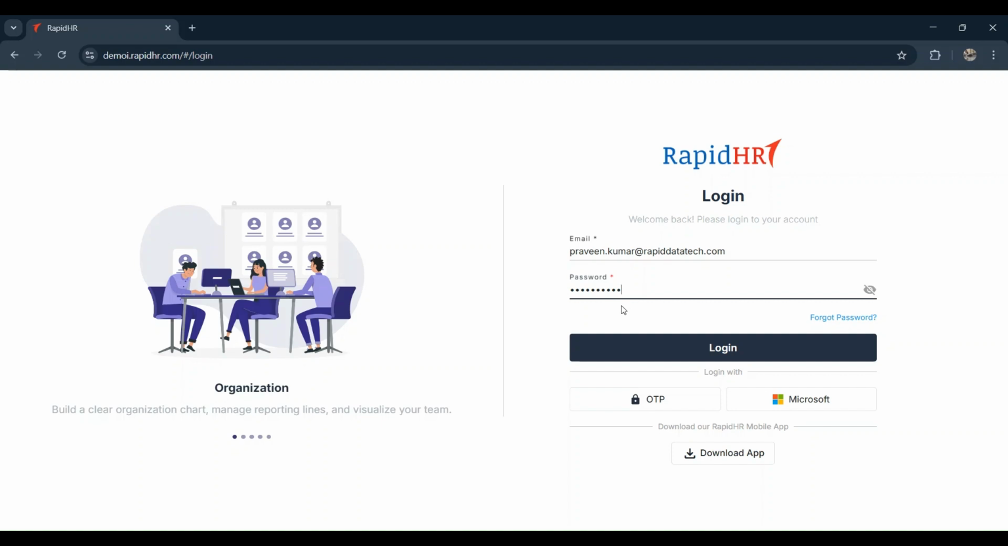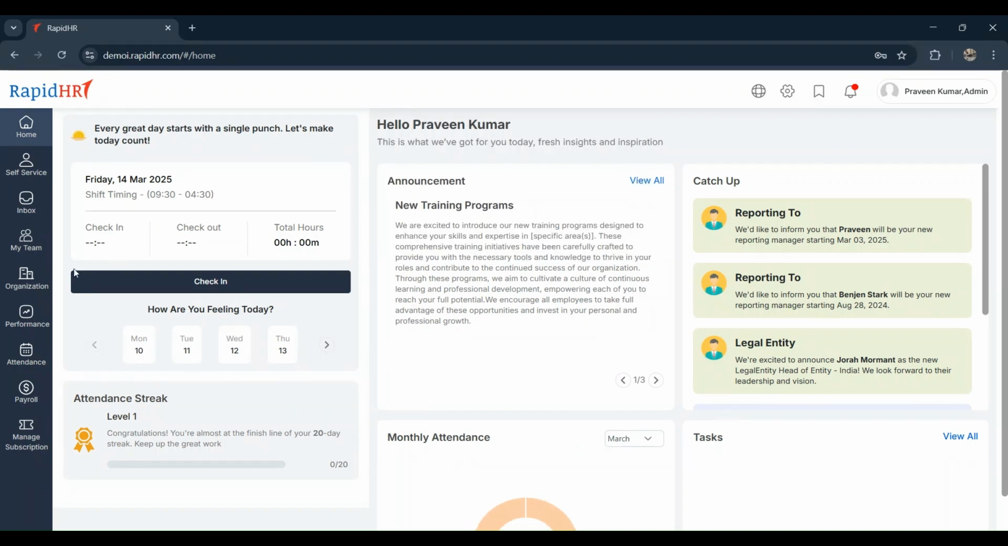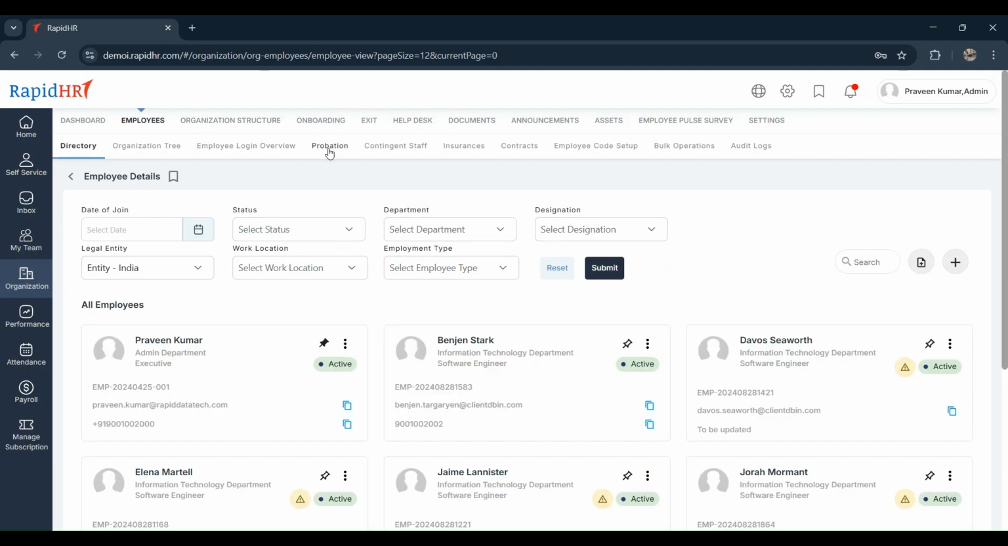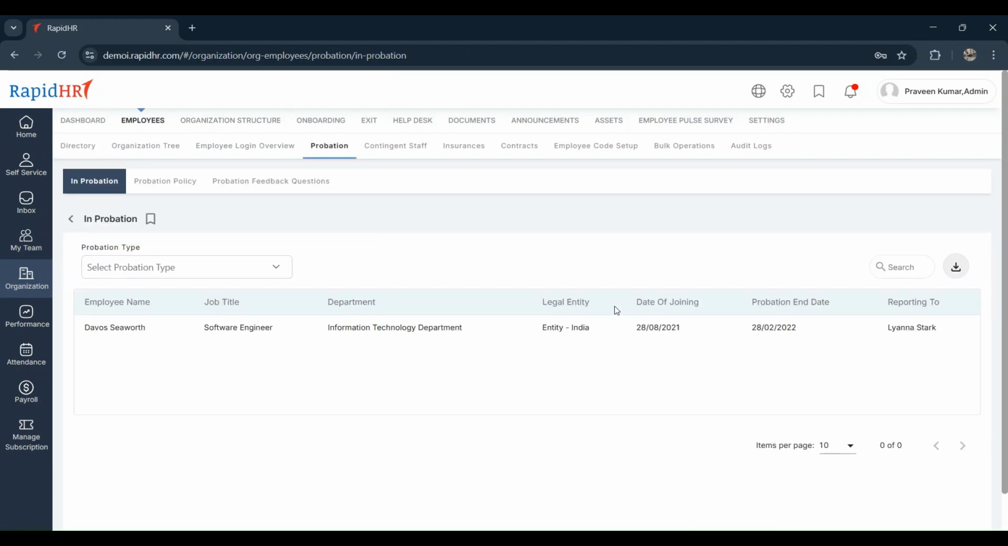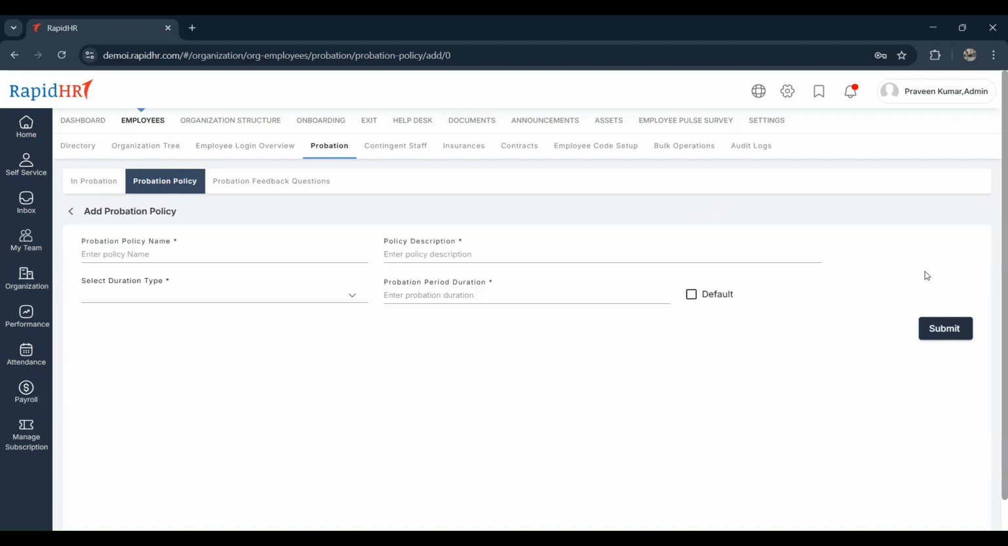First, log into your Rapid HR account. Head over to Organizations, Employees, and Probation. In the Probation Policy section, you can create custom policies tailored to your company needs. Click on the Add button, policy name, give it a name,